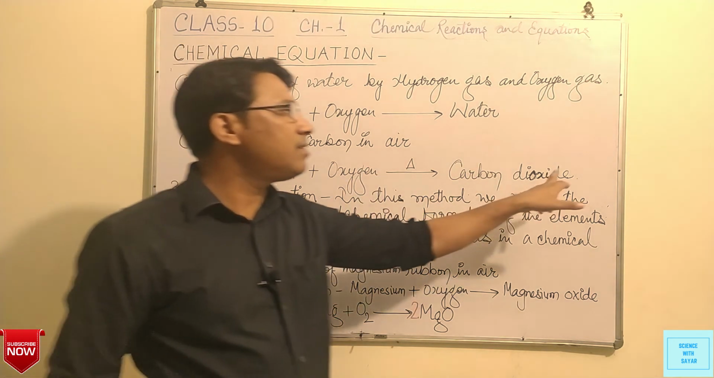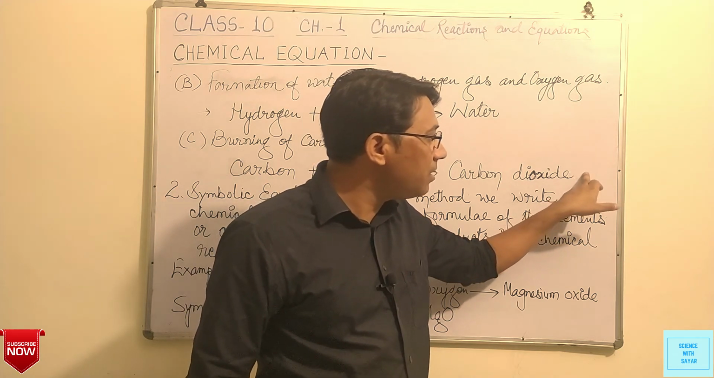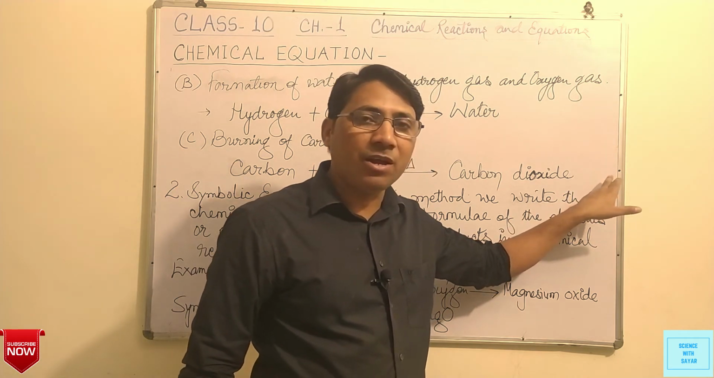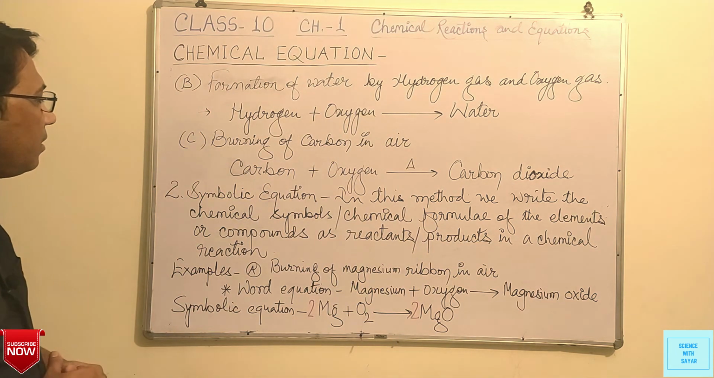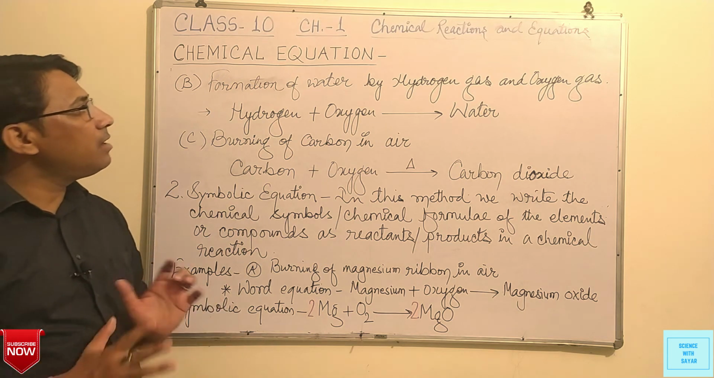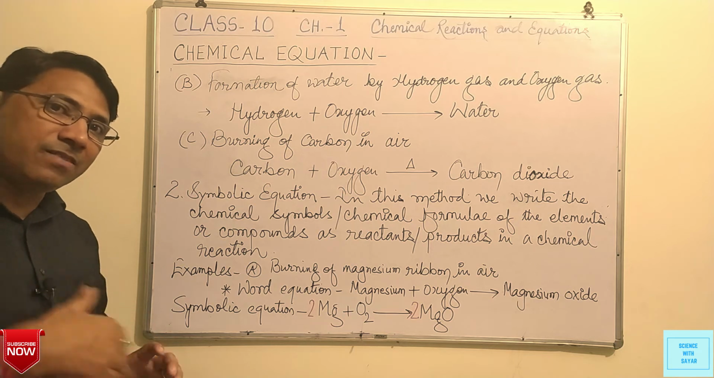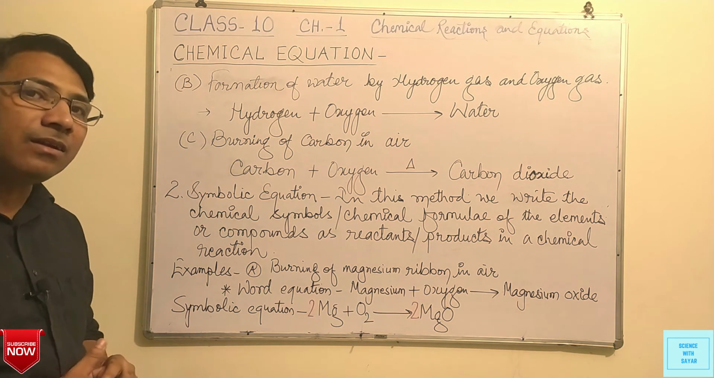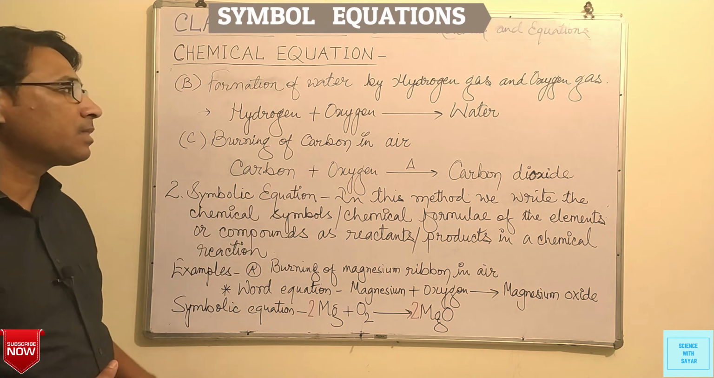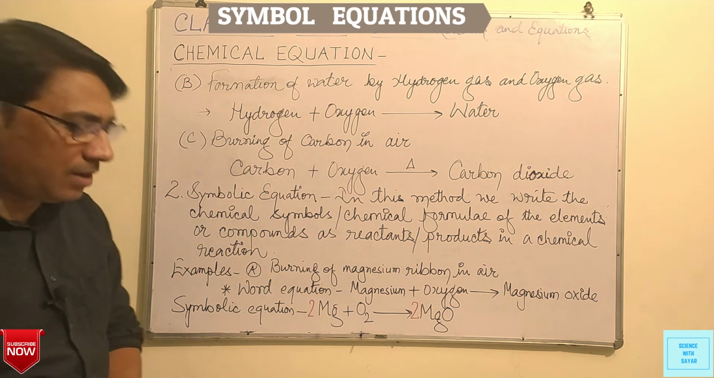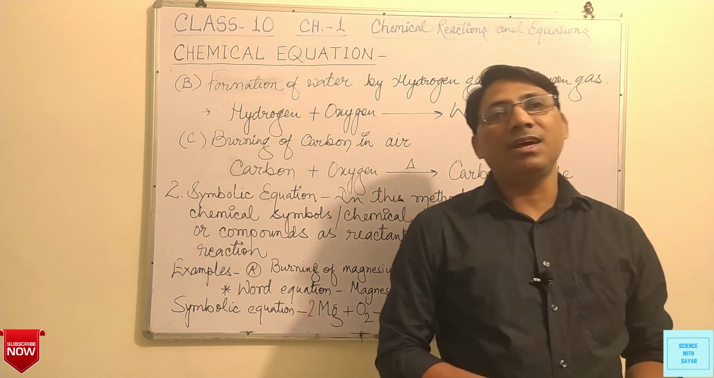We can write it by putting a plus sign here, and heat can also be shown here. So in shorter form we are showing this. And now a chemical equation can be formed by a second method, that is the symbol equation or symbolic equation. The difference between these two, word equation and symbolic equation, is that in a word equation we use the chemical names